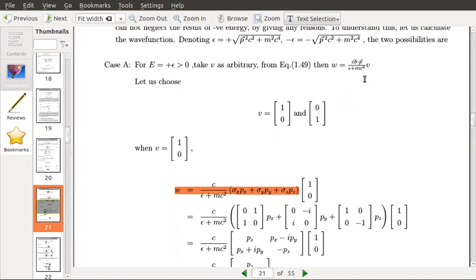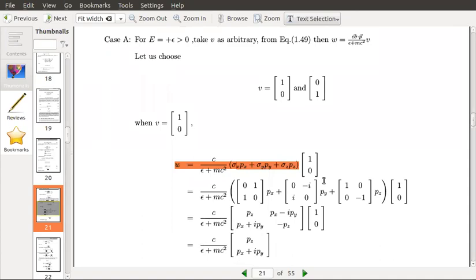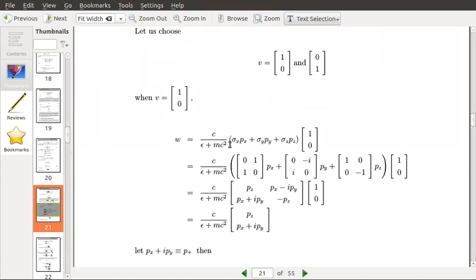Yes, sir. Okay. Now just simplify that equation. You substitute for sigma x, sigma y, and sigma z the Pauli spin matrices. Sigma x is 0 1 1 0, then sigma y is 0 minus i, i 0, and sigma z is 1 0 0 minus 1. All other things are the same. You simply substitute the Pauli spin matrices, then you simplify the entire thing.